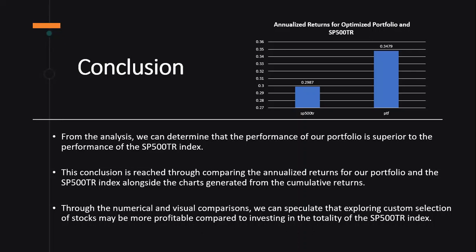By looking at Chart 2, we can observe that our portfolio appears to have a higher cumulative return during the 3-month period of 2021 compared to the SP 500 TR index. Through the direct numerical and visual comparisons, we can speculate that exploring custom selection of stocks may be more profitable compared to investing in the totality of the